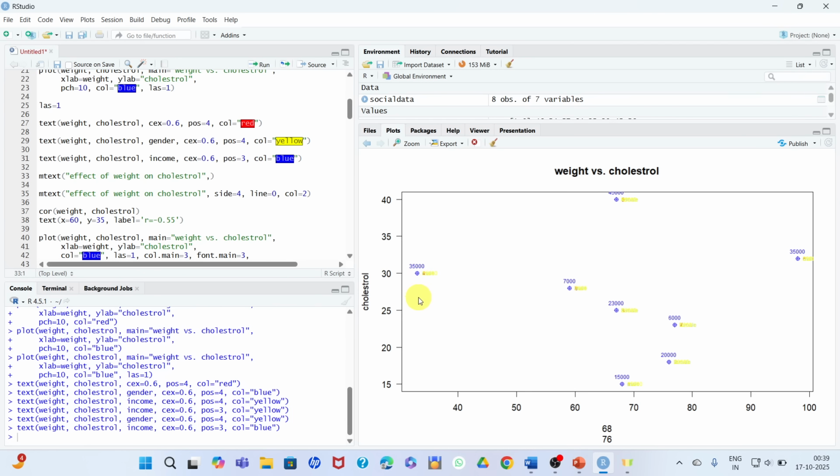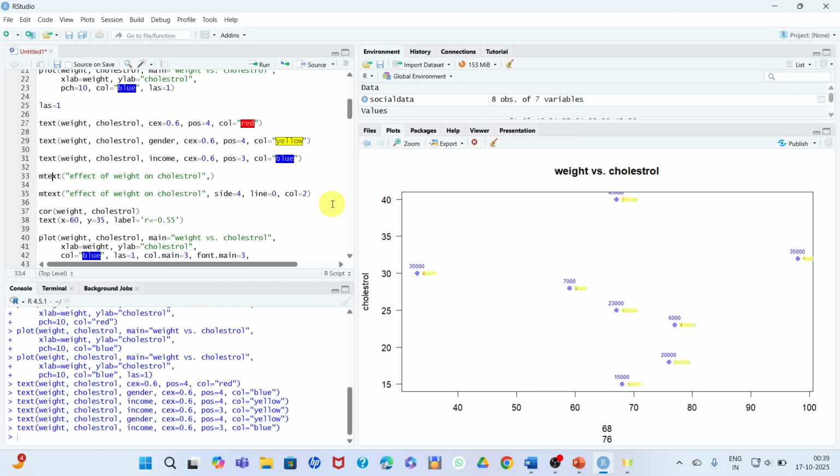If you add more arguments, it will not be clear to see because there are only 4 positions that are easily visible to an outsider. So make sure you only add 4 options here and also change the color so that it is visible. Like you see that I have given yellow for male and female, but the color is not visible. So you can change the color. Any color you can choose here and run the command again.